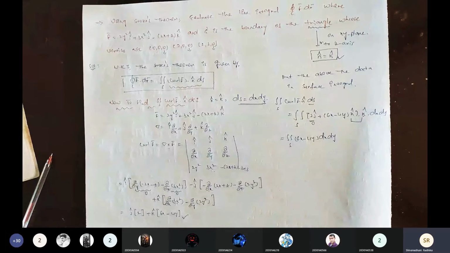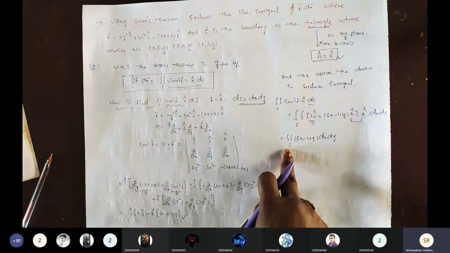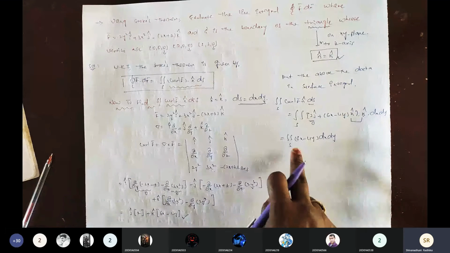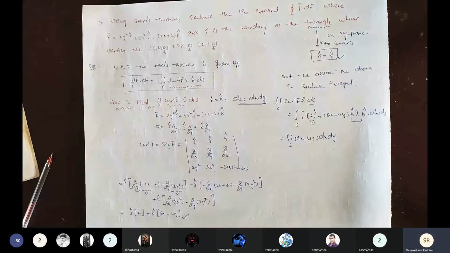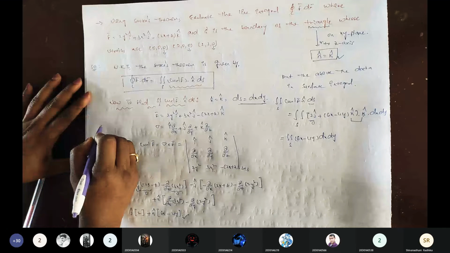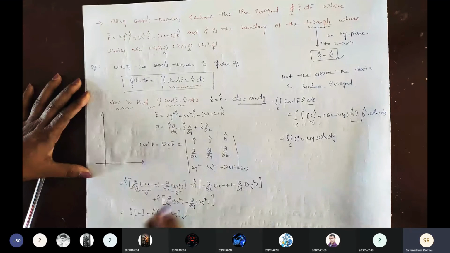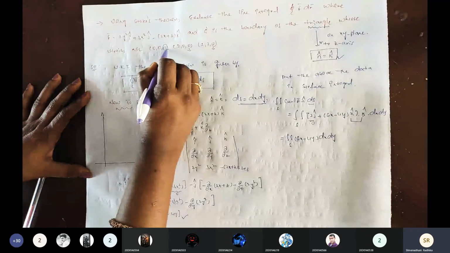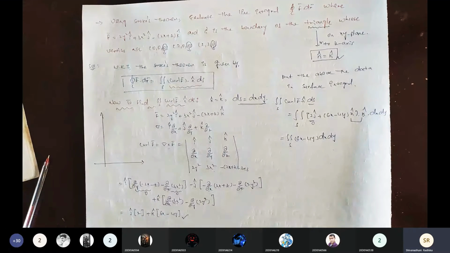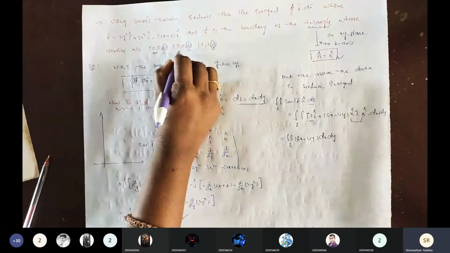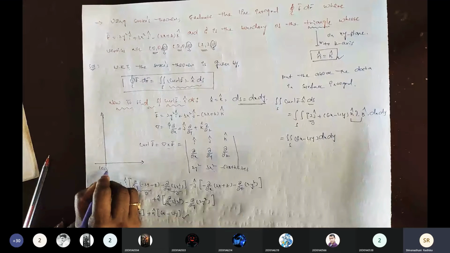Now we are going to select the limits of the given triangle and integrate. In this case we have to draw the diagram of the triangle. Here is the y-axis, here is the x-axis. I'm going to eliminate the z values from the three points. So what about the points? 0,0, 2,0, 2,2. Now this point is 0,0.